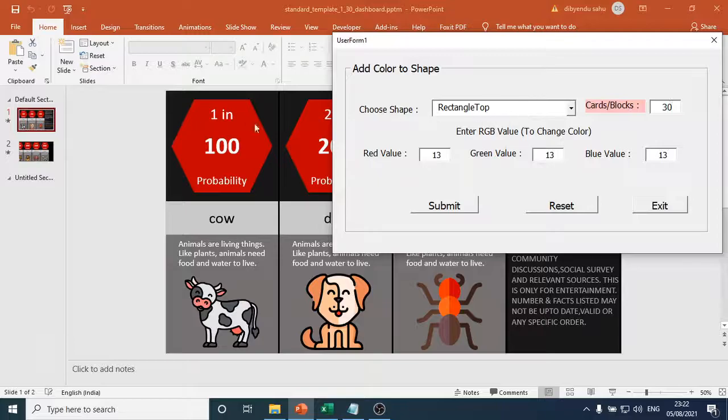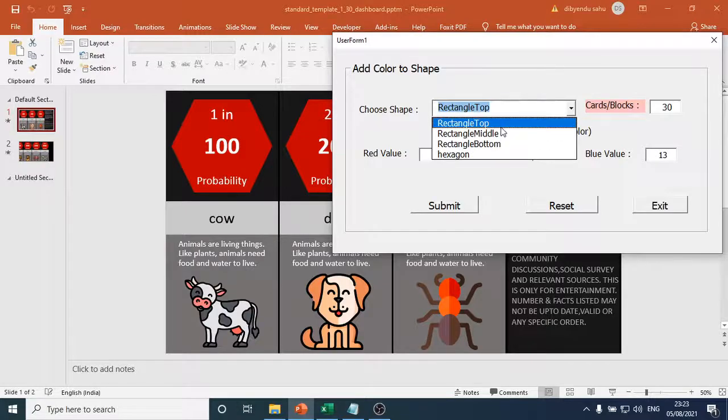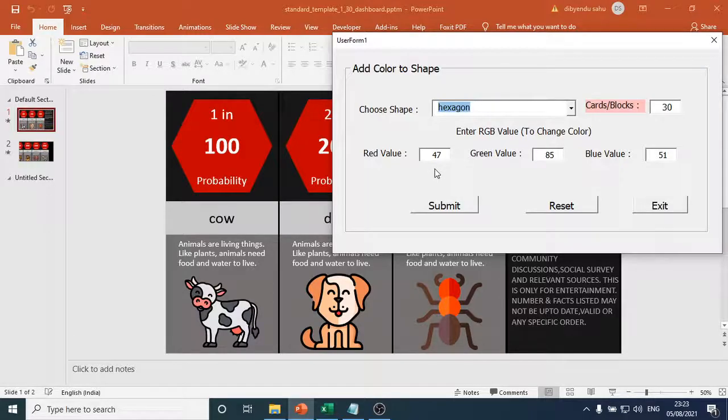Then this is the rectangle top, this is rectangle middle, this is rectangle bottom, and this is hexagon shape. There are 4 shapes. I want to change the color of the hexagon. You can change any shape color.